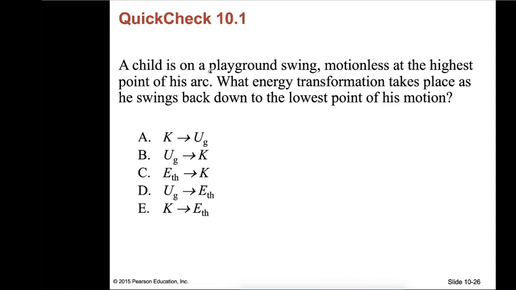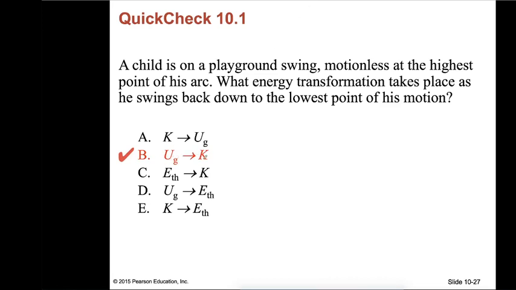A child is on the playground swing, motionless at the highest point of his arc. What energy transformation takes place as he swings back down to the lowest position of his motion? So what is your choice? Okay, so let's see. The answer is